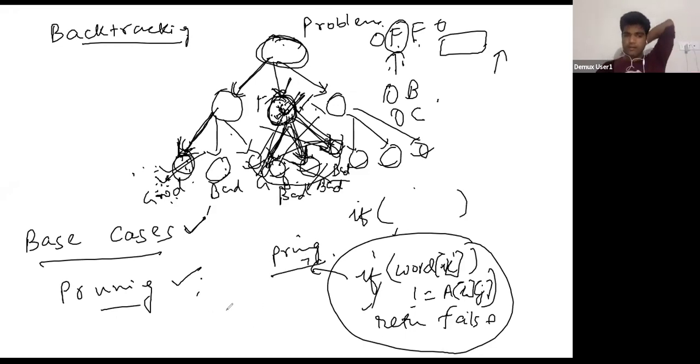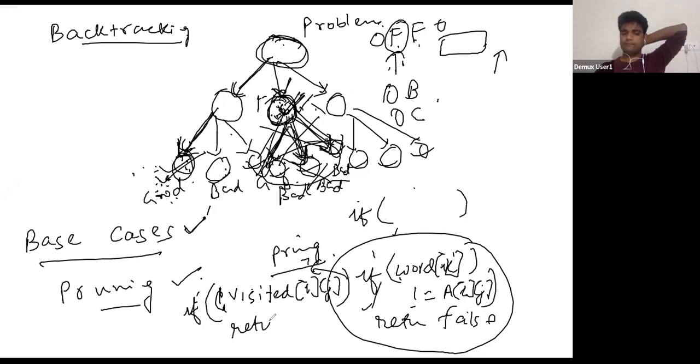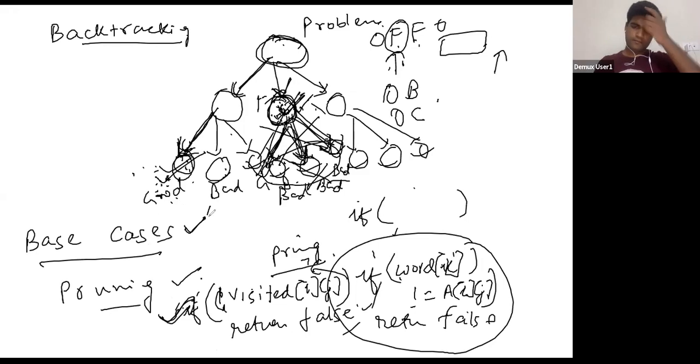And then I asked you that, okay, this is the pruning case. What about this case, wherein you were saying that if it is already visited, then return false? What was this? So for that, we said that this is nothing but also a kind of a base case. This is not a valid sub problem after this. Why is this not a valid sub problem? Because our sub problems were,